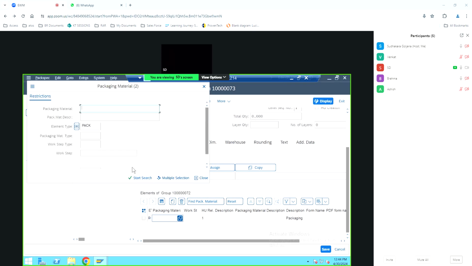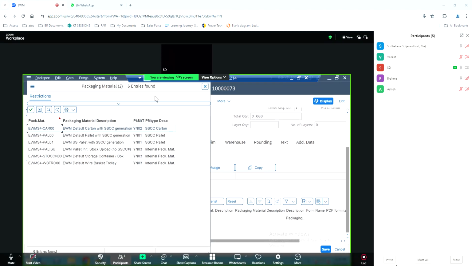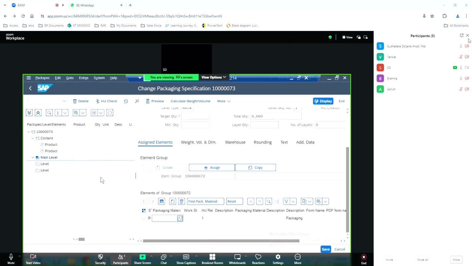So currently, what is the packaging material you have, like cartons and all? See here you have an SCC carton number, SCC pallet number and all. So you will put all these things. Currently you have it for practice, they do not give all these things. Let's say you're putting away one product. In that case, if that product comes in and you're going to do the put away, so automatically does that packing specification